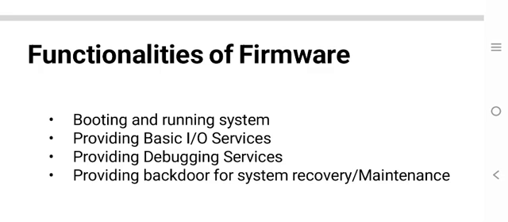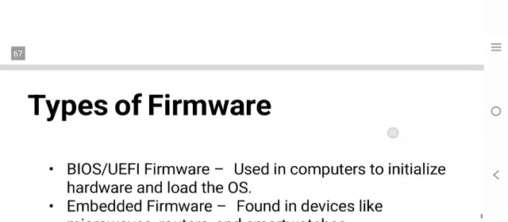These are the different functionalities of firmware: booting and running the system, providing input output services, providing debugging services, and providing a backdoor for system recovery and maintenance. There are different types of firmware, including BIOS and UEFI firmware. The second one is